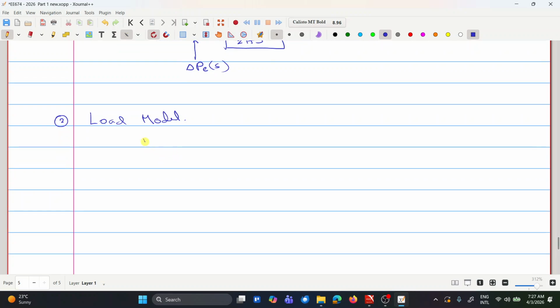Okay, so the speed load characteristic of a composite load can be approximated by the equation that the power supplied to the load equals